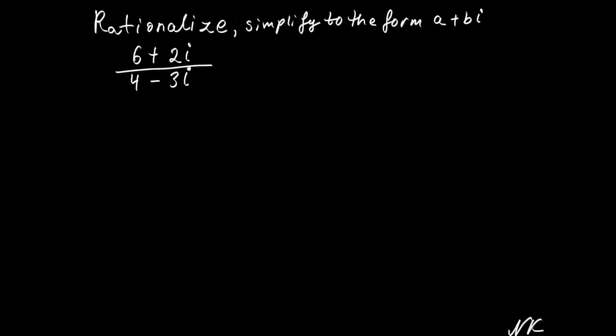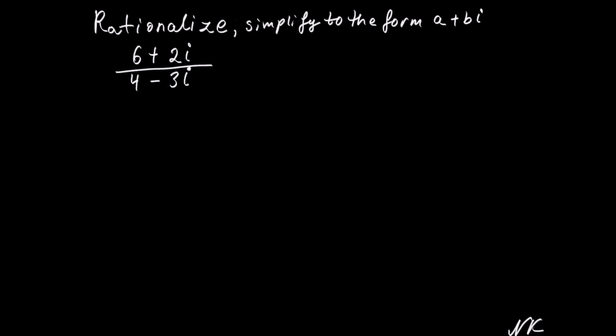Hello. In this example, we have a fraction with a complex number in the denominator, and we have to simplify it to the form of a plus bi. The only way of doing that is applying the same steps as rationalizing. So we have 6 plus 2i out of 4 minus 3i, and if this was a square root, we would